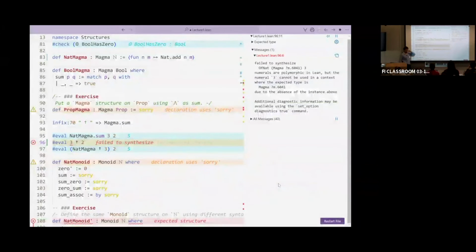That's why the clever people invented type classes. So far, if you want to use this operation, you have to explicitly tell Lean which magma structure you are speaking about. If you do so, and say I'm taking the sum that comes from nat magma, then it is happy, and is able to sum 3 and 2 being natural numbers.